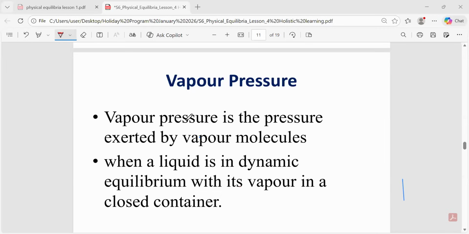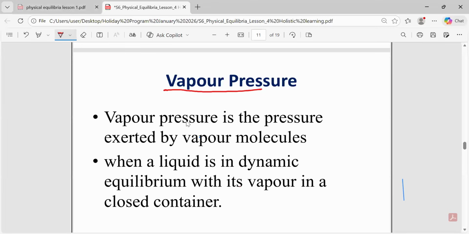Now, here there are some key things that we are looking at. Now we are looking at vapor pressure. You recall from where we started by understanding what physical equilibria is. Then we looked at the difference between physical equilibria and chemical equilibria. And then we have already seen that physical equilibria is between two processes, where we can have the